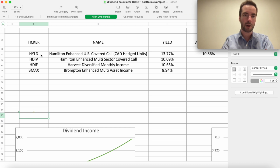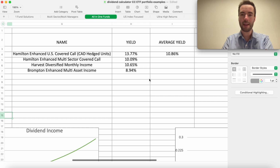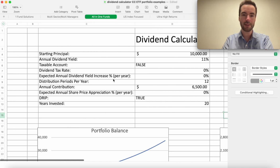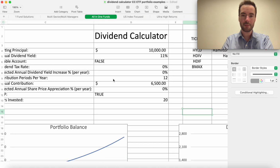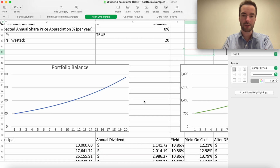Basically, it's the counterpart to this, which I'll put into a taxable account whenever I max out my RRSP. HDIV is a mix of Canada and the US, and BMAX is more defensive, again, more structured like HDIV. But you're getting a 10.86% yield. So on a $10,000 investment, again with our $6,500 contribution,